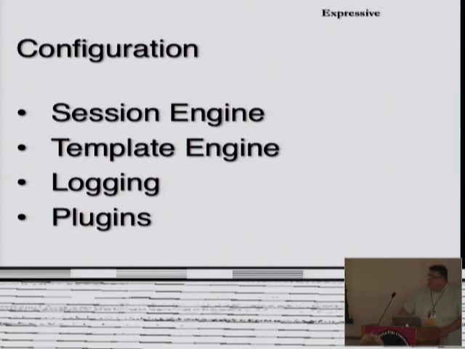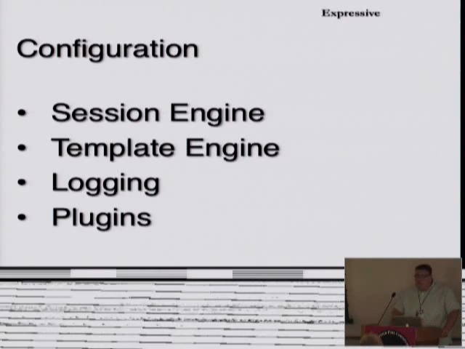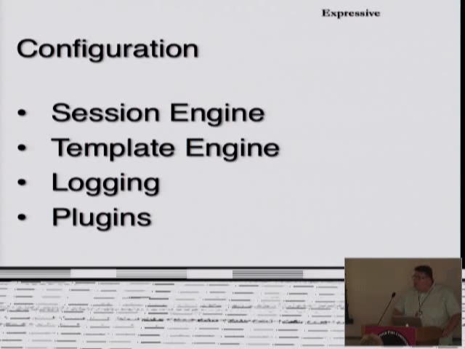There are templating engines, a whole bunch of different ones. There's Template Toolkit, which I already talked about. There's the one that comes out of the box, which is pretty simple. It's fine if you have simple needs, but there's Template Toolkit, and I think there's Mason. There's a whole bunch of different ones. I mean, you guys know that Perl has 50,000 templating engines, so there's probably 20,000 Dancr interfaces for the templating engines.